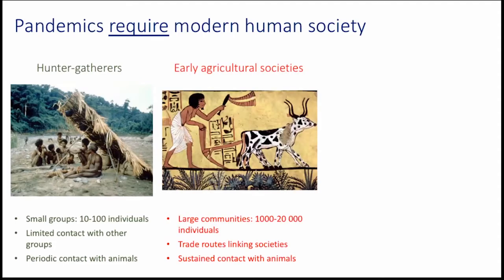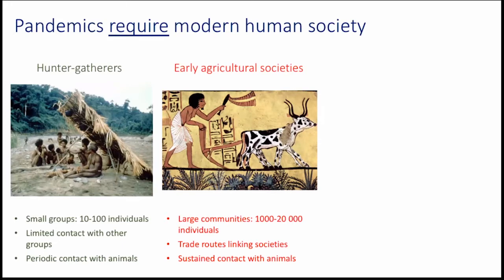However, this all changed with the emergence of agriculture about 11 to 12,000 years ago. We had much larger communities living together in close proximity, much more sustained contact with animals through domestication, and trade routes linking the various societies. And it's during this time that we see viruses such as measles and smallpox make the jump from animals into